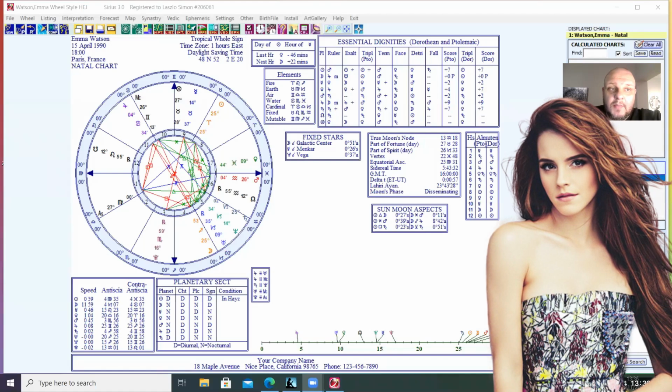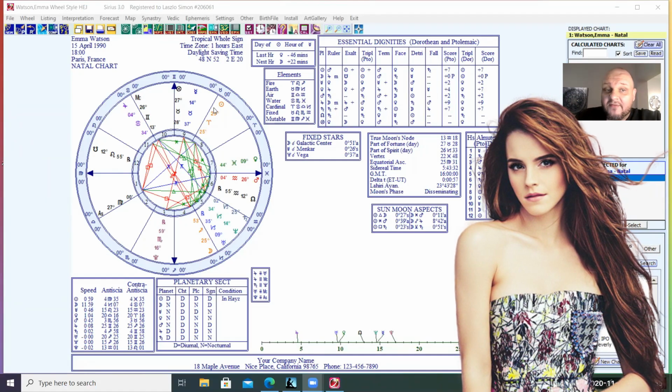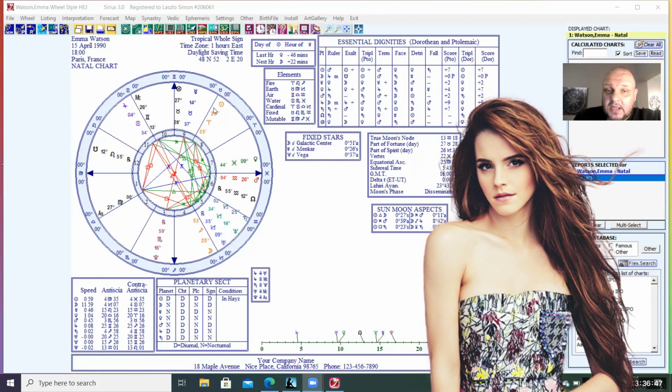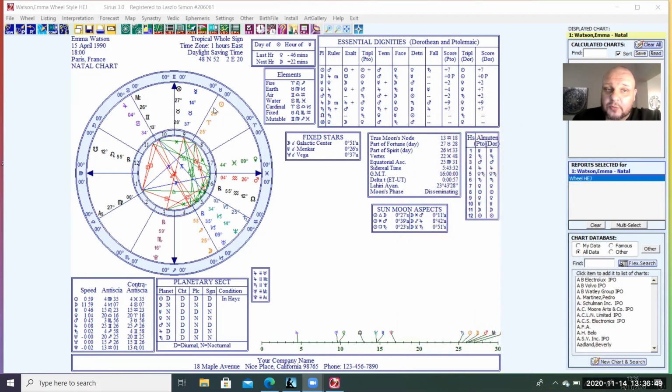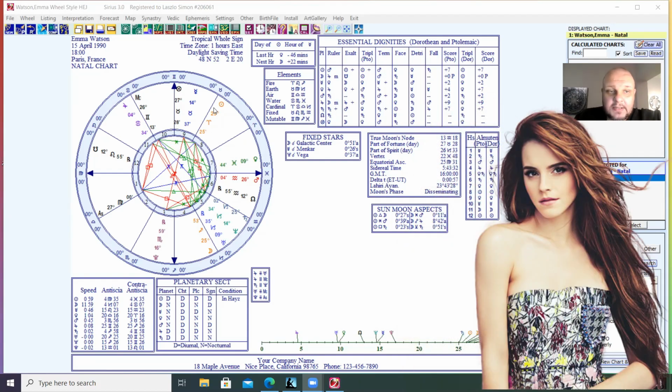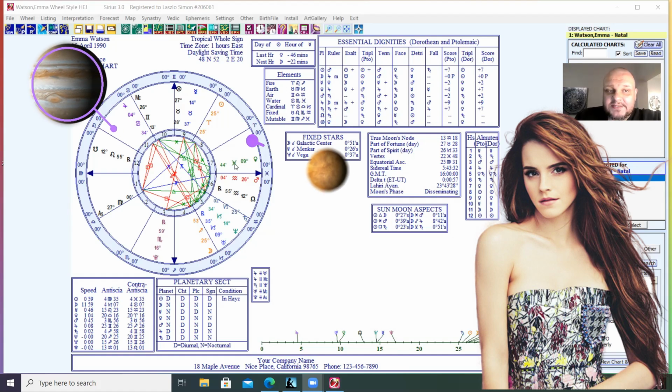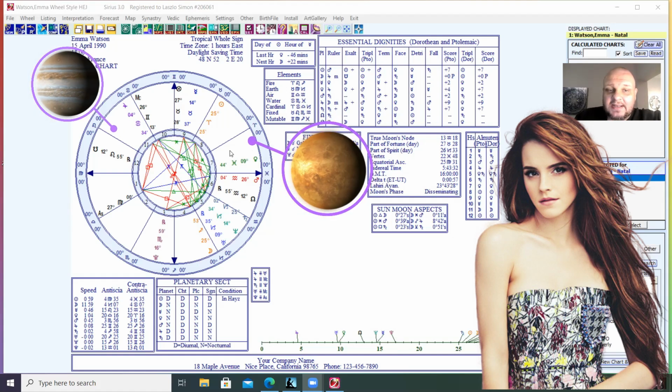I'm trying to give you a little bit of extra knowledge on how to approach aspects. For instance, I'm going to bring up Emma Watson's chart. She's one of my favorite ones to use as an example when we're talking about applying and separating aspects. Today I'm going to be focusing on Jupiter and Venus. You can see that Venus is in Pisces, Jupiter is in Cancer, and they have got a trine going on